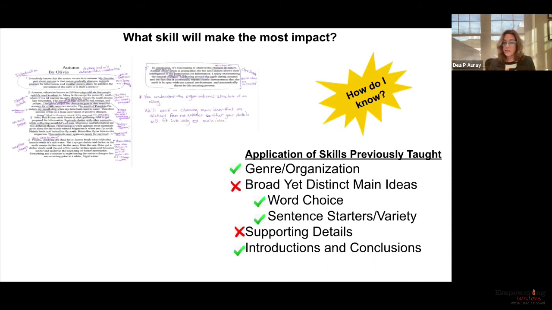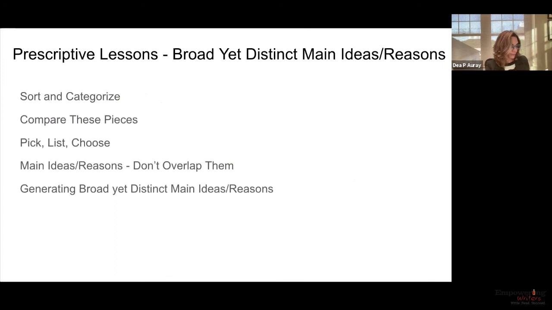And then for us as teachers, what do we do? So if we see that this is something that all of our students are struggling with, well, we do what we do next. And Di, show them the prescriptive lessons that we offer. So once we identify that skill, we go through the process of showing students how to really revise that particular piece. We may need to go back and reteach or review a couple of the lessons that they're not necessarily applying.